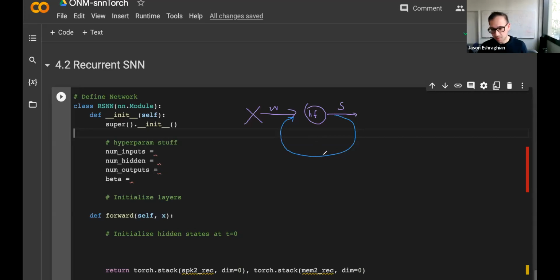There are a few ways we could play with this. We could take this spike S and scale it by some learnable parameter V. Keep in mind, we have multiple LIF neurons, so on one hand, we could just duplicate this a bunch of times, so each spike just feeds back to itself. An alternative, a little more commonly done because it helps with performance, is to say I have a bunch of LIF neurons, each of them generates its own spikes, which we'll call S0, S1, S2, and so on.